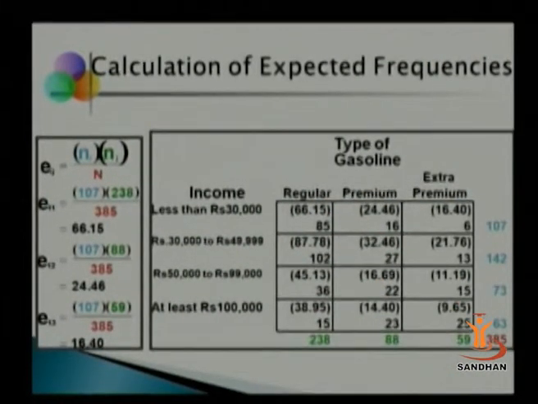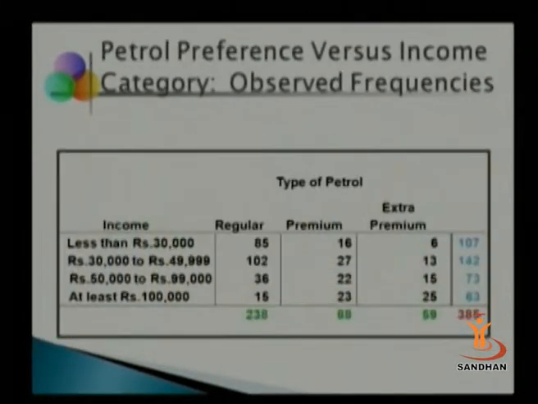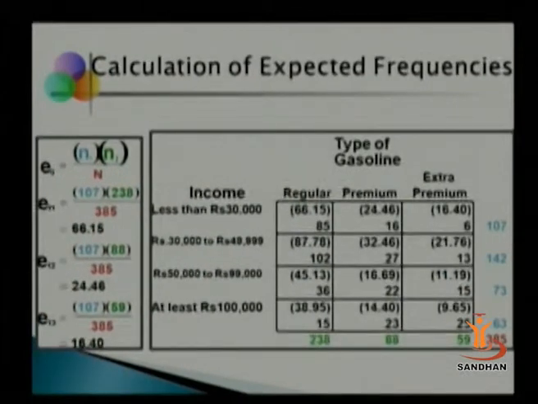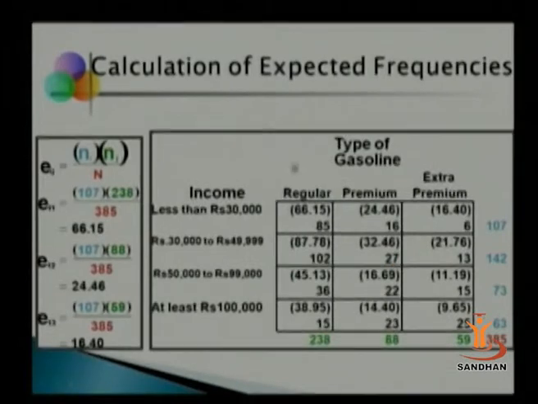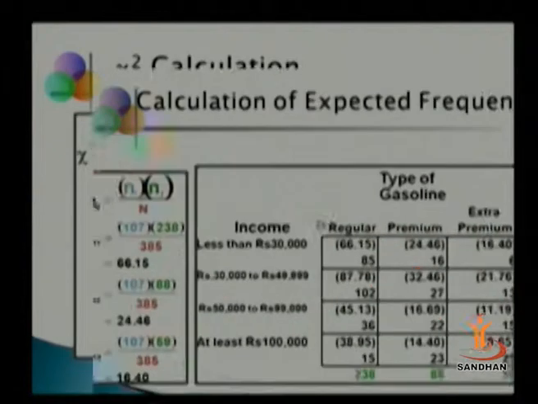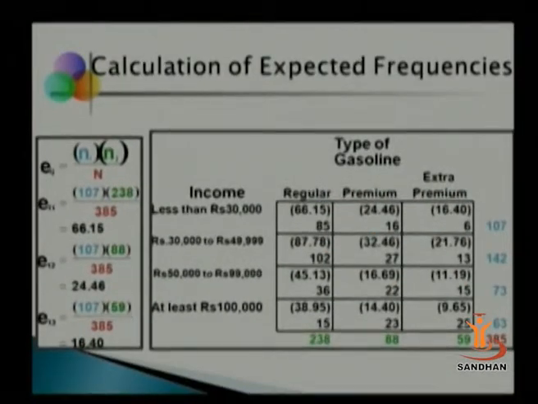So again here, these are the observed frequencies. In the original data given to you, the observed frequencies are O_ij. We calculate the expected frequencies, that is E_ij. Here one can use different notations, R_i C_j by N, or N_i N_j by N. The quantities in the bracket are expected frequencies, and the simple quantities are the observed frequencies.